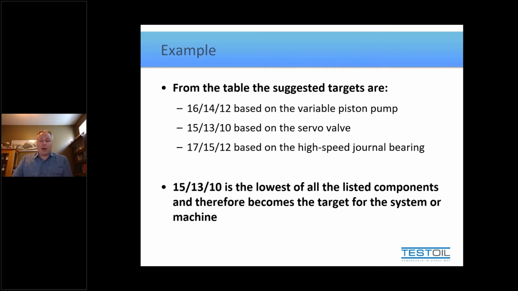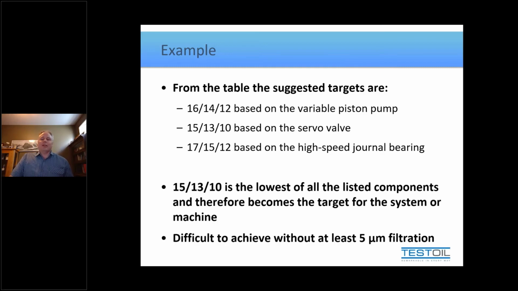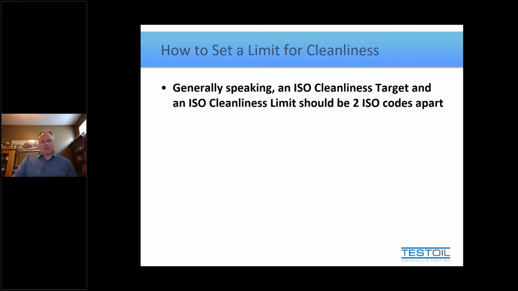Now, if your onboard filters are only 10 or 20 microns, that's fine, but you need to consider pre-filtering the lubricant before it goes in with a 3 or a 5 micron filter to get it down clean enough to go into the machine, and then you'll try and maintain it with your coarser system filtration. But the other issue is, like I said, not only is this difficult to achieve if you're not using it, because you can't easily get there without some help, but it's not a limit. It's a target. It's what you're trying to get to.